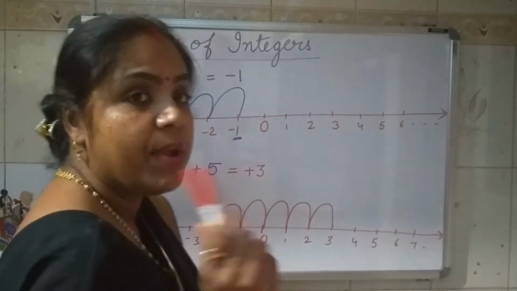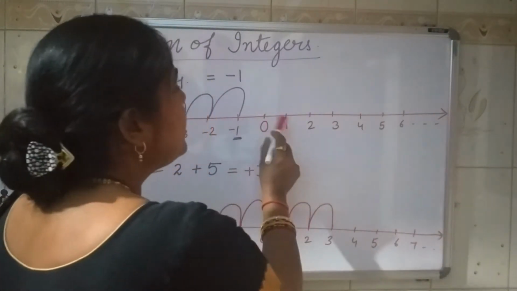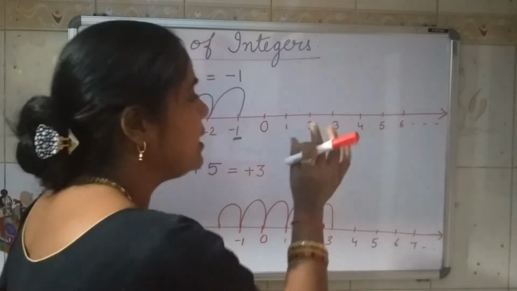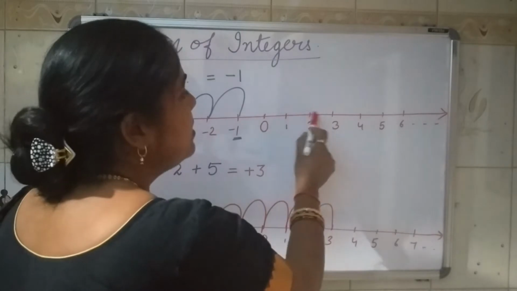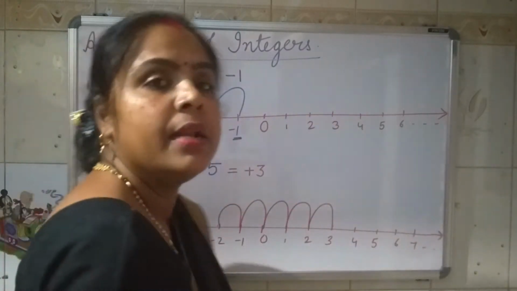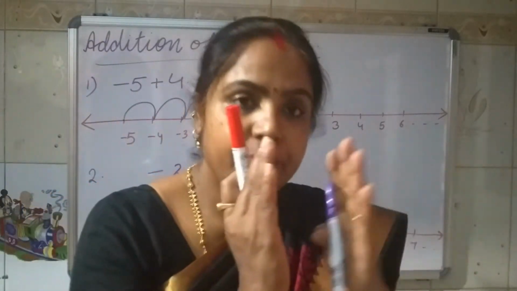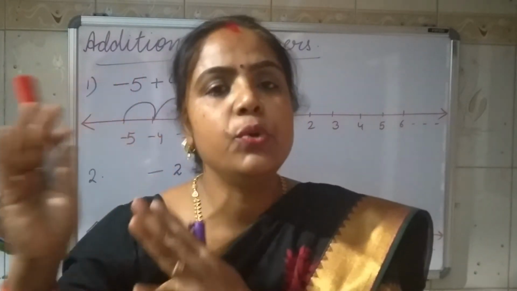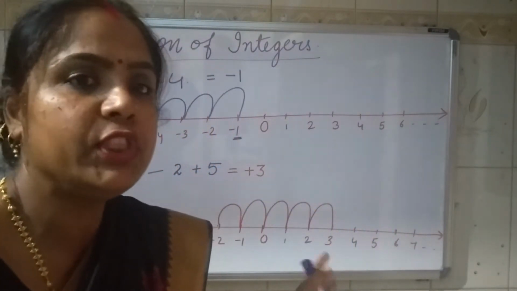The second point, you have to be careful. The distance between two numbers should be fixed. It's not like one you write very close and another one you write very far. No. The distance between the numbers will be fixed. Clear? From 0 to 1, fixed distance. From 1 to 2, fixed distance. So this is clear to you. Shall we proceed to the next question?